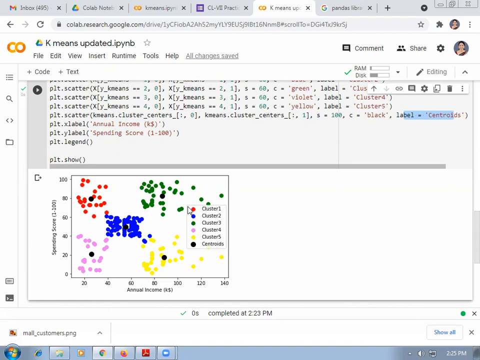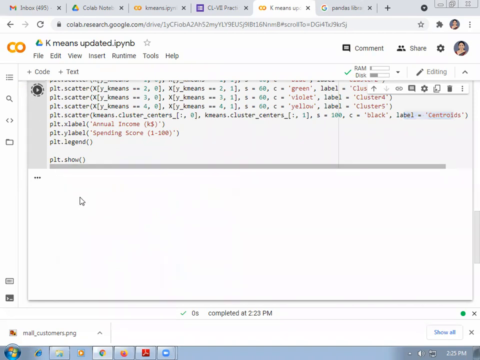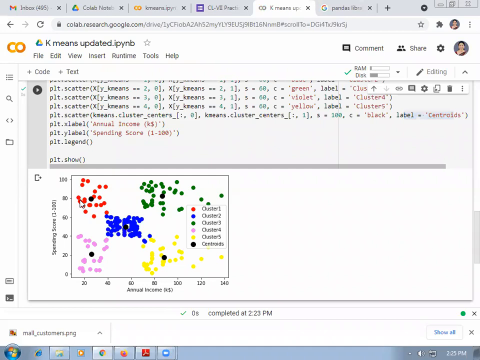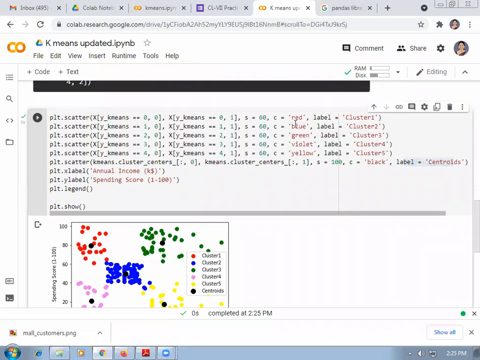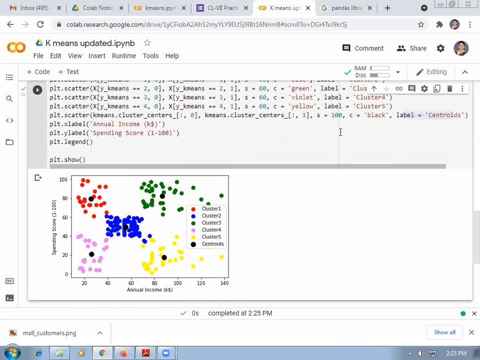If we execute this step, the graph is drawn with the colors red, green, blue, violet and yellow. These colors are given, and on the right side you can see the labels. Why has this appeared?